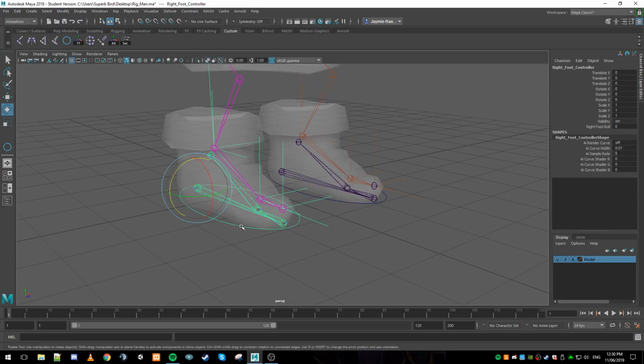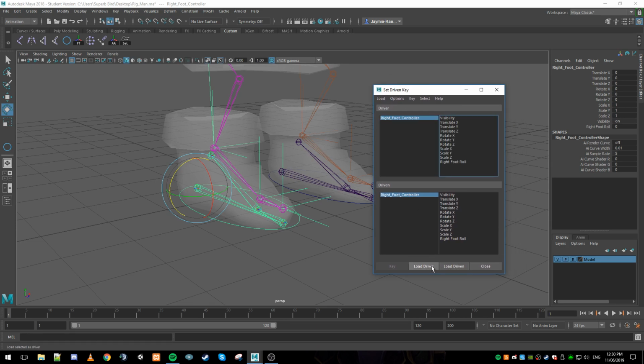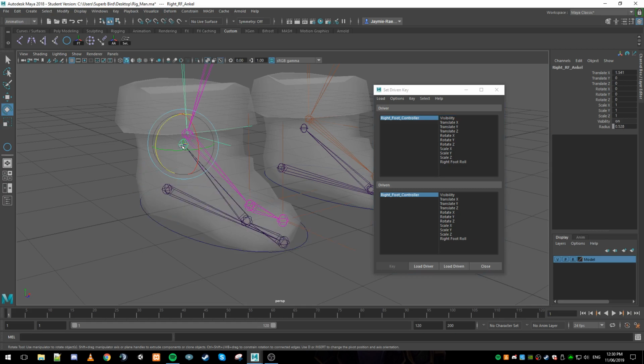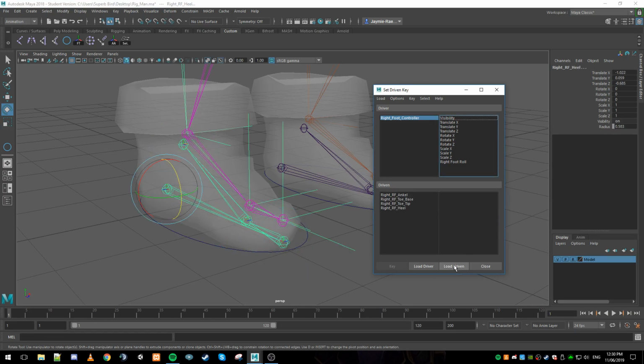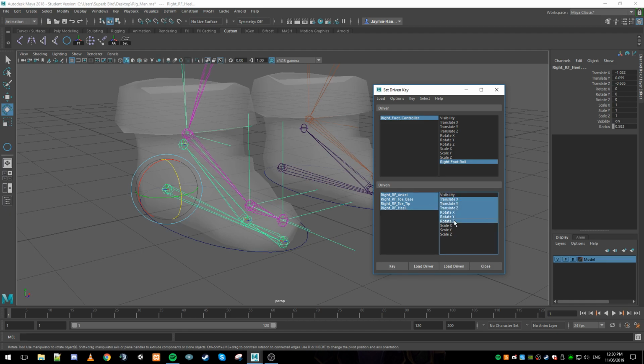So we'd be able to select this. We can always check what the other one's values are. And then we'll go set driven key. We want this to be our load driver, and then we want to select all of our joints as our driven. We want to select our right foot roll, select all of these and select the translate to rotate, and then we're going to key it at 0. Okay, then if we select 10,